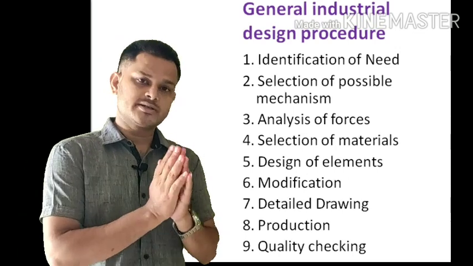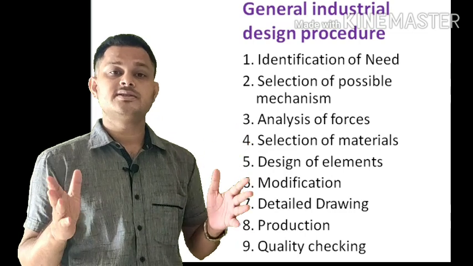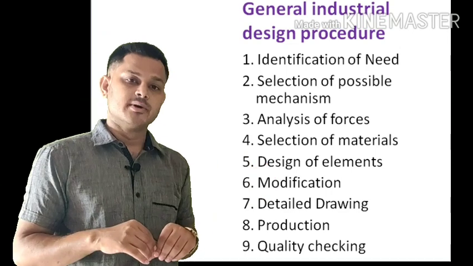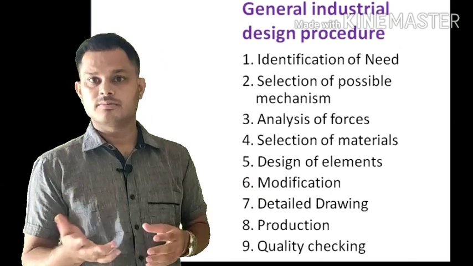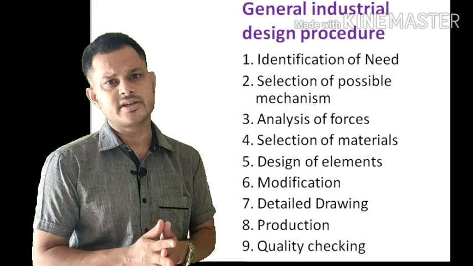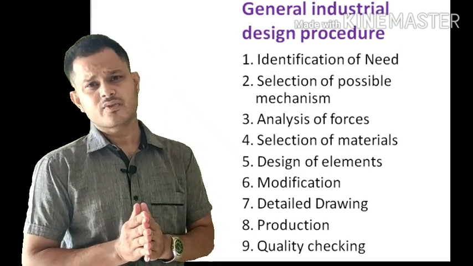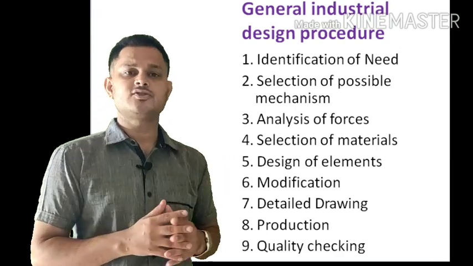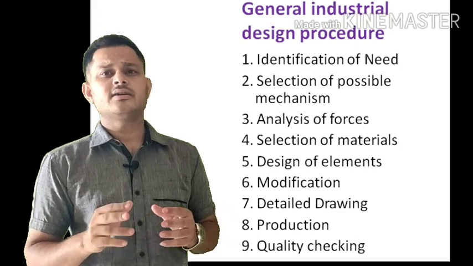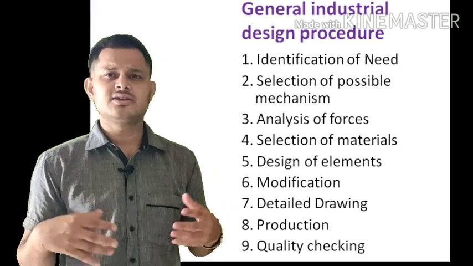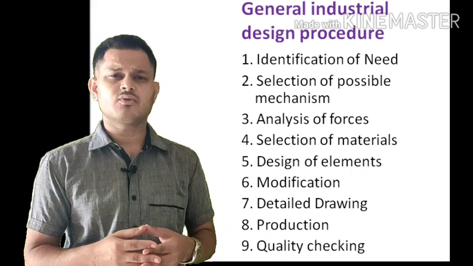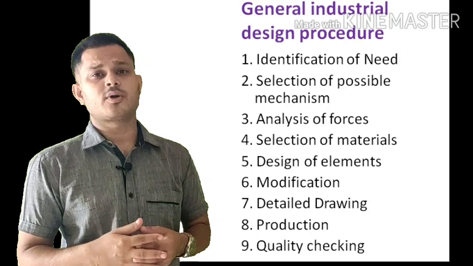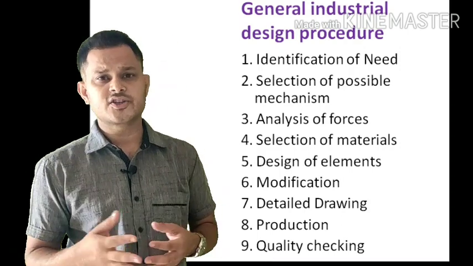First of all, a design engineer must identify whether this design is really required, whether this is a real and actual problem. That study must be done prior to the details of the design. When we decide that, okay, this is the need, this problem is really to be worked on, then comes selection of solutions, that is, the different possible mechanisms or solutions that are required to overcome this problem or satisfy the need.